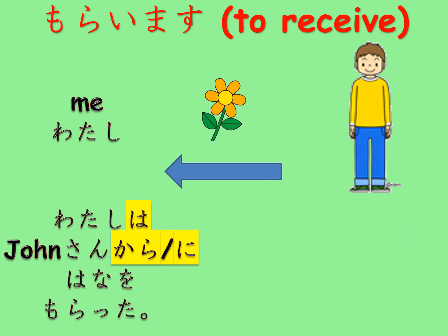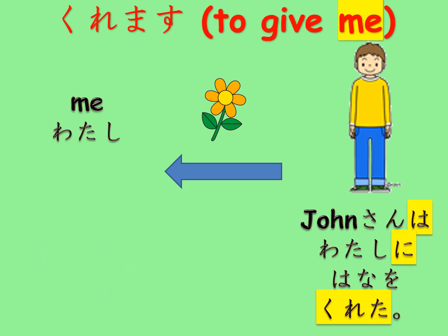When John gives me something, if I focus on me receiving and start the sentence with 私は, it's just normal. I received some flowers from John is 私はジョンさんから花をもらいました。or ジョンさんに花をもらいました。Only when I say John gave me some flowers, the verb changes,